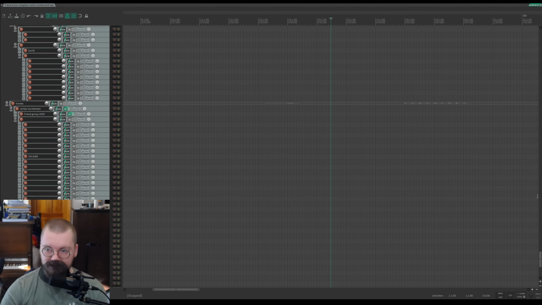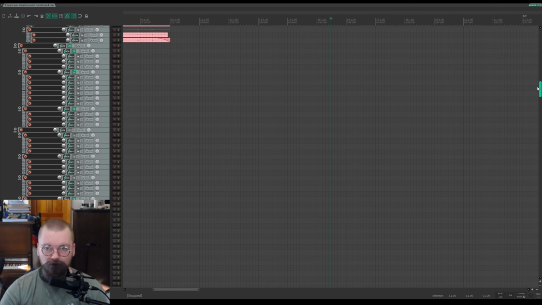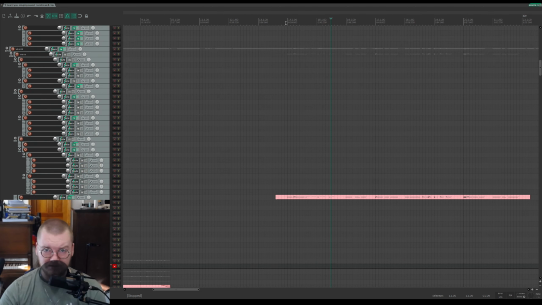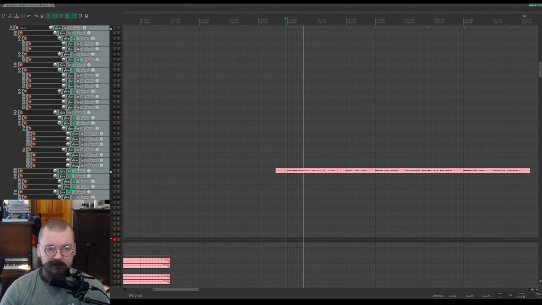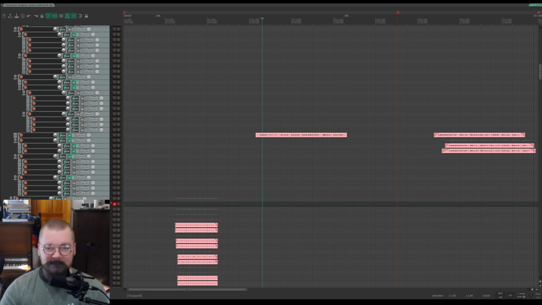What else have we got? Okay, I guess we're now into verse 1, which doesn't have any rounds to it, but got the main vocal here. It literally just has an EQ and a limiter. At the time, I was super into only using free plugins, so I looked up best free limiters and I found that one, and it's alright, but now I have better limiters that I paid for. So that limiter is actually on a lot of different tracks.